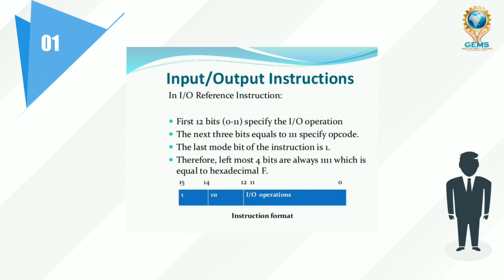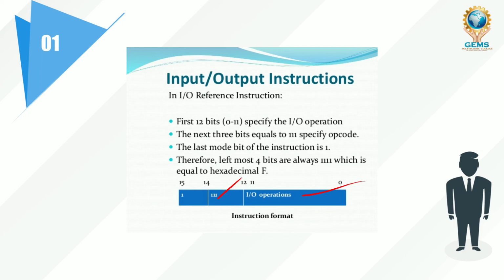So first, the memory reference talks about the address, because memory is nothing but a storing device. That's why the memory reference talks about the address, and the second one talks about operations. And the last one, the input output device, talks about the IO operations, the same kind of operations but IO operations. Which part? The 0 to 11 part.